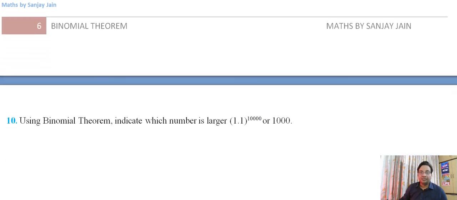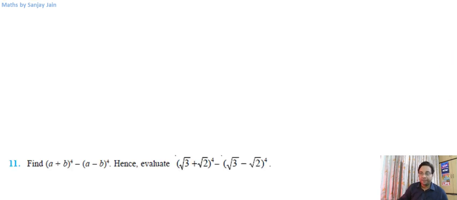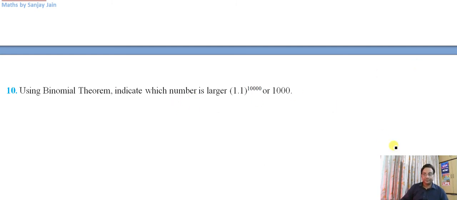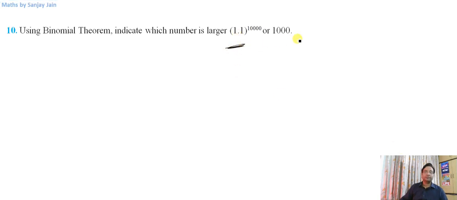Which number is larger? This is a similar question we have done in the examples. Alright, this is the question. So we will expand the first one and see which one is greater. 1.01 can be written as 1 plus 1 by 10 raised to power, 1 followed with 4 zeros, 1 2 3 4. Okay, and we need to compare it with 1000. So let's expand it to 2 or 3 terms and then we will get the idea. In the example that we did, we expanded it till 3 terms, I think. So the first 2 terms gave me the idea.